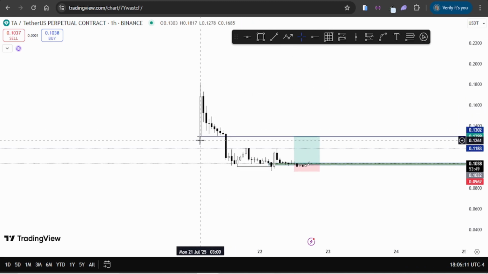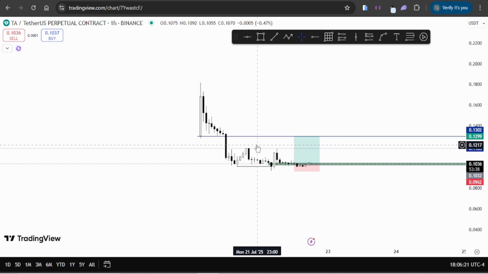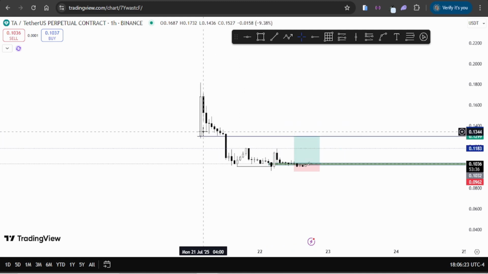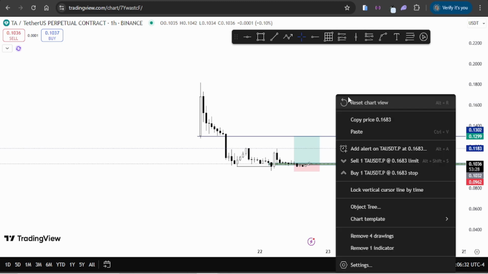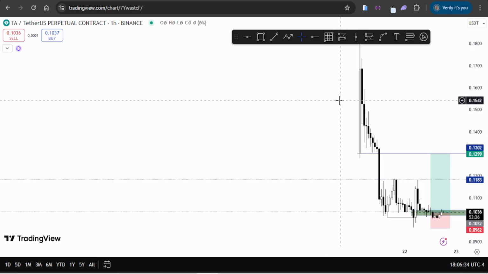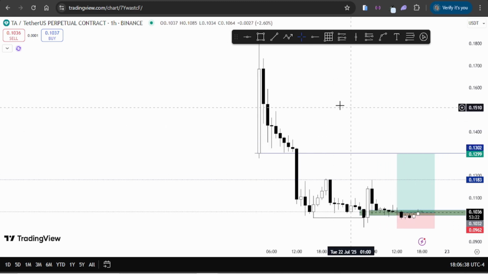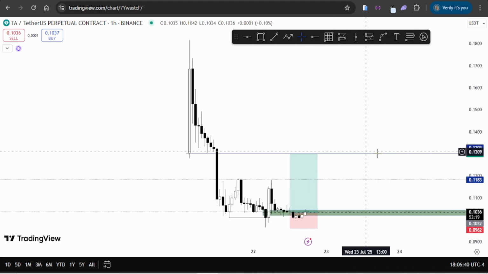price action from Monday, July 21. Is this a new contract? Monday, July 21, and today is Tuesday, July 22. Wow, I thought this pair has been around for a while. So, be that as it may,